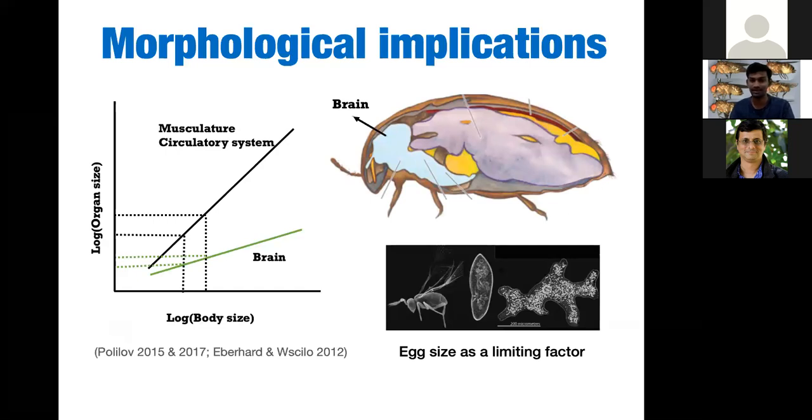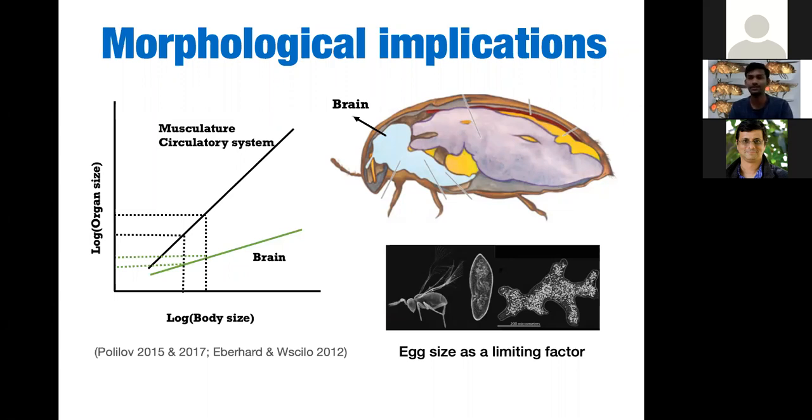The other factor that limits how small you can get when you become miniaturized is the size of the reproductive system. For insects, for example, there is a limit to how small their eggs can be, because they need to invest resources in the egg so that it can develop and become an adult. But some insects actually overcome this limit as well. One example is this mymarid